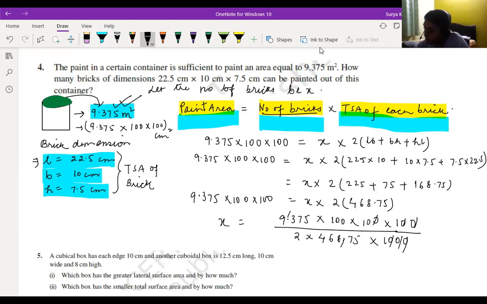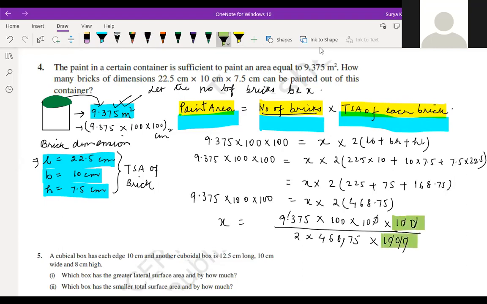Now we have to multiply above also, no? Yeah, but your cancellation is better now. No, what I'm telling is, sir, you have converted 468.75 into this 2, 46875. So we have to multiply both the tens above and below, right? Or only below. Above and below both I did now. See, I multiplied this by 100 here, and here I multiply with 1000.